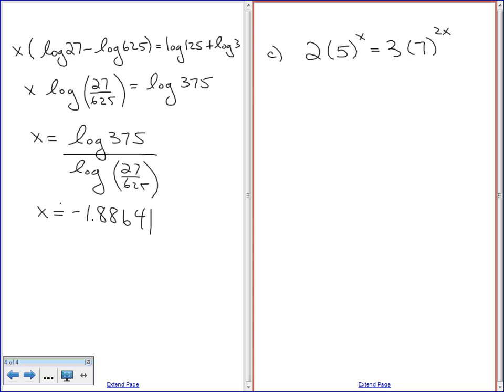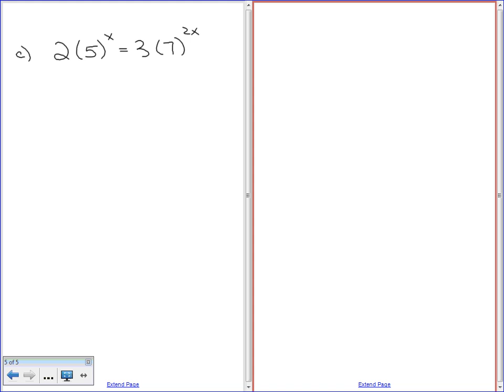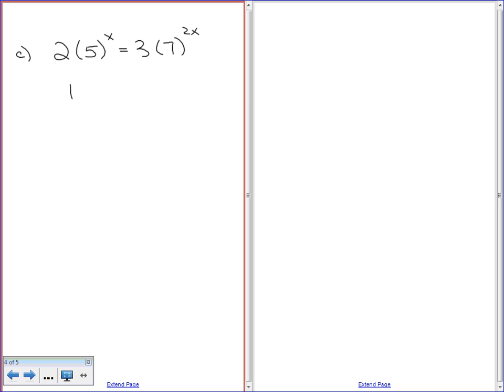Okay, so I'm solving this question. I get a question like this on the test, and I'm like, okay, I can do this. 2 times 5 is 10, 3 times 7 is 21, and then I take the log of both sides. Can I do that? No, absolutely not. I guarantee you, at least 3 or 4 of you are going to do that. Okay? Remember,